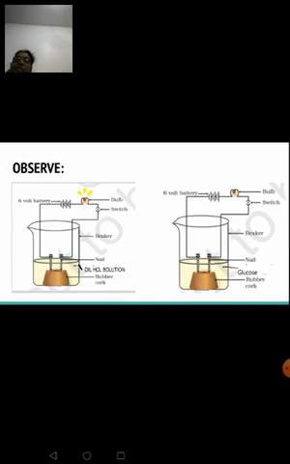Right? Then the second figure shows the beaker containing glucose. The circuit is completed there. When you switch on, the bulb is not going to emit any light. That is why I have not shown the yellow lines around it. So this glucose will not allow electric current to pass through.